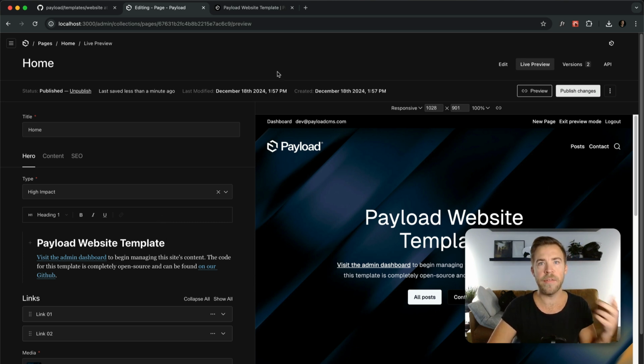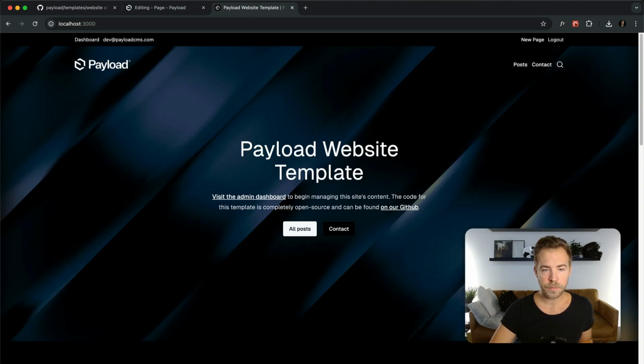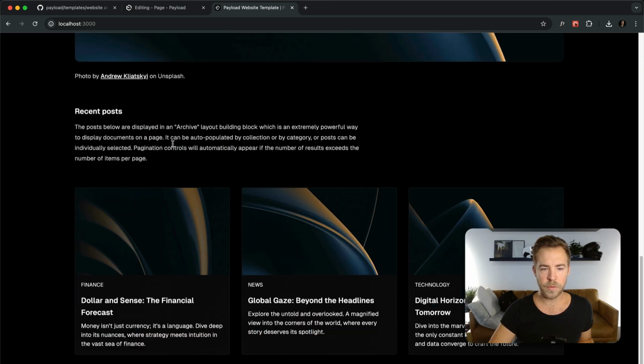And it's nice to have it just out of the box, even though we do give you a lot with this template and it can be overwhelming. It's all there for a good reason. So this is the front end. I just showed it to you in the live preview, but you can actually go over to the website as well. And we have this nice little top logged in bar here, but this is all Tailwind and React Server